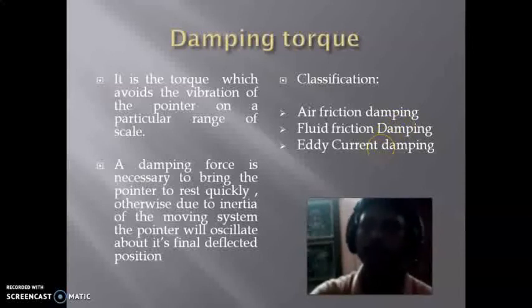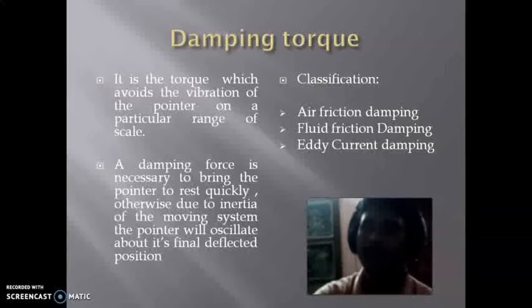If the pointer is deflected due to the deflecting torque, at its final position, due to inertia, the pointer will oscillate or vibrate about its final position. And if you want to measure it quickly, it is not possible because of this vibration or oscillation. So our aim is to bring the pointer to rest quickly, so that we can measure the instrument's reading very quickly. So we need a damping arrangement so that the damping force can bring the pointer